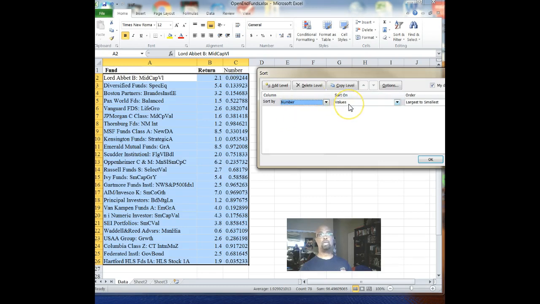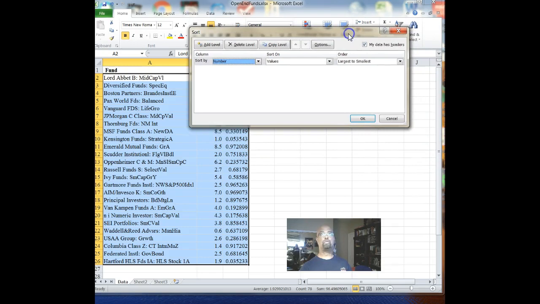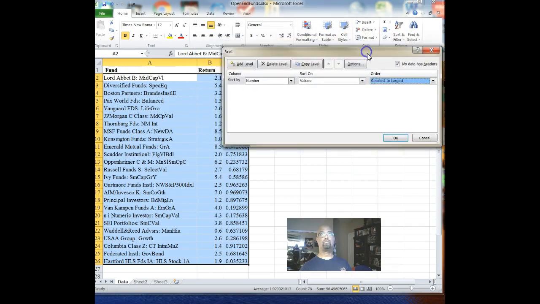We want to sort based on the values, and you can't see all of this, but I selected the largest to smallest. It doesn't really matter. You can sort by smallest to largest. Either one will represent a random sample. So if I click on OK,